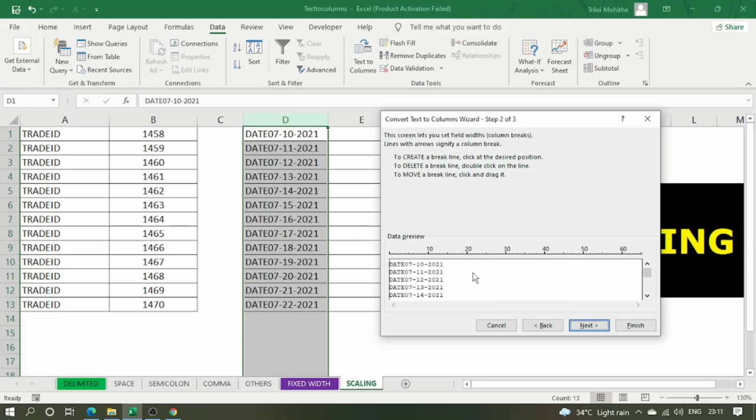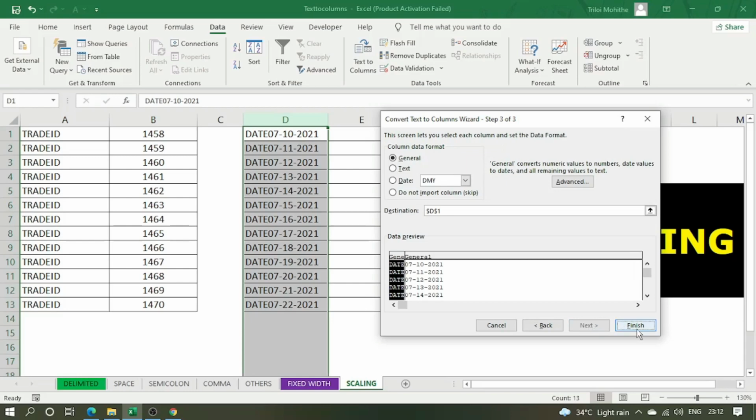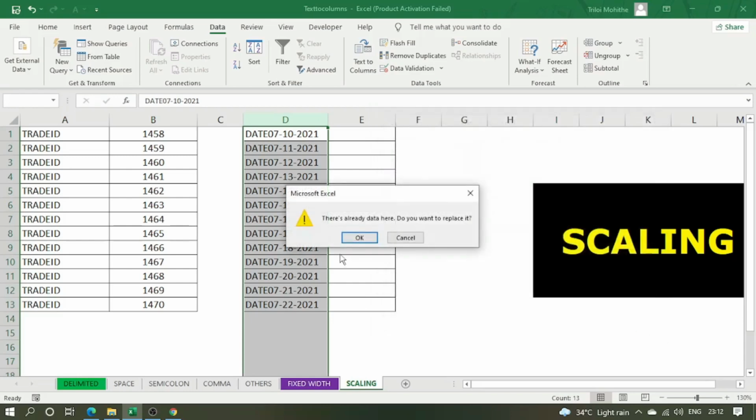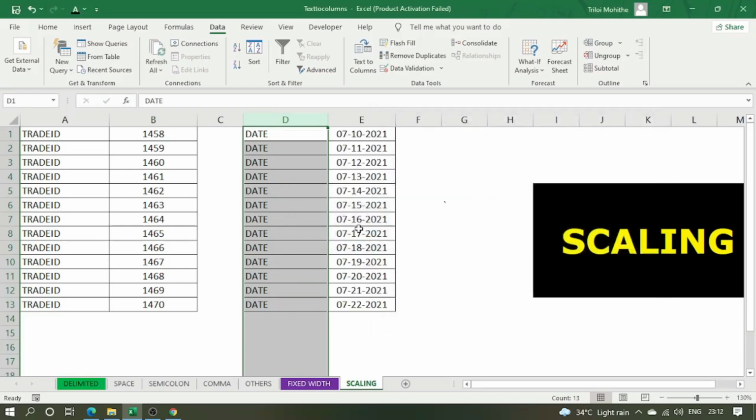After clicking Next, you get a scaling option over here. You have to divide the data after the word DATE, after the E. I'm done giving the scaling, then click Next and then Finish. Okay, see? We have divided the data.